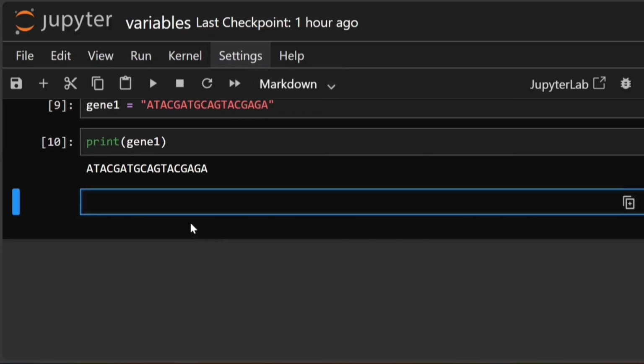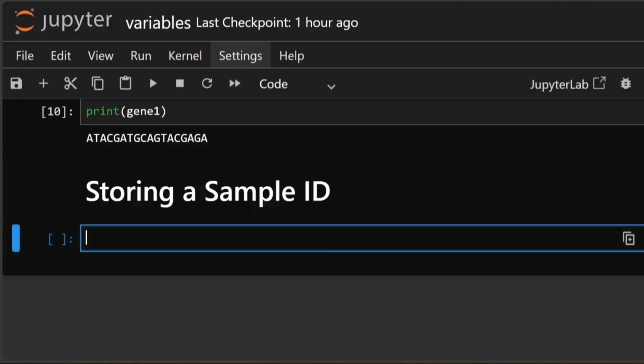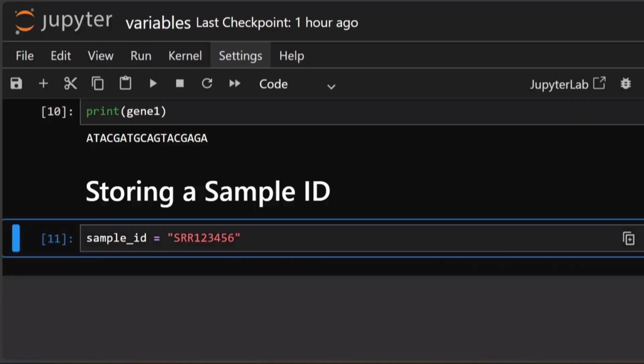Let's do one more example in the notebook, this time with a sample ID. Here I'm typing sample underscore ID equals SRR123456. This is a sequencing run ID from a public database like SRA. I'm storing it in a variable so I can reuse it later in my pipeline.